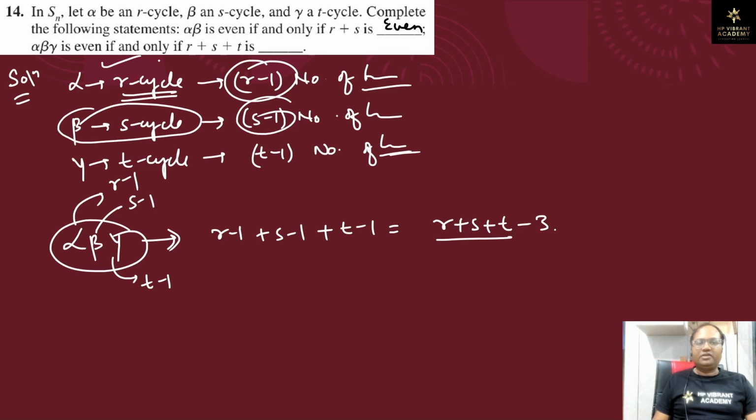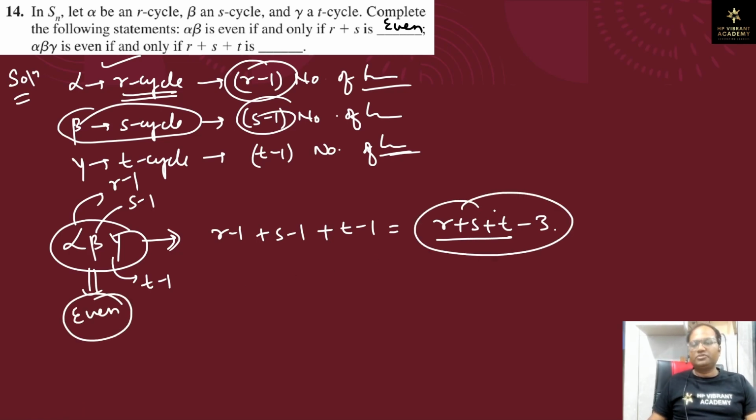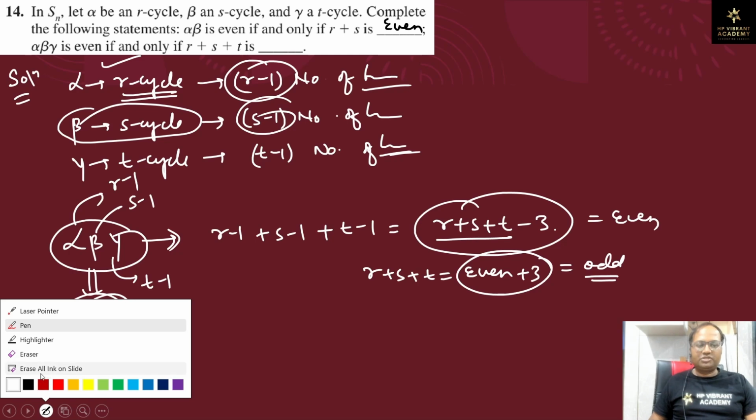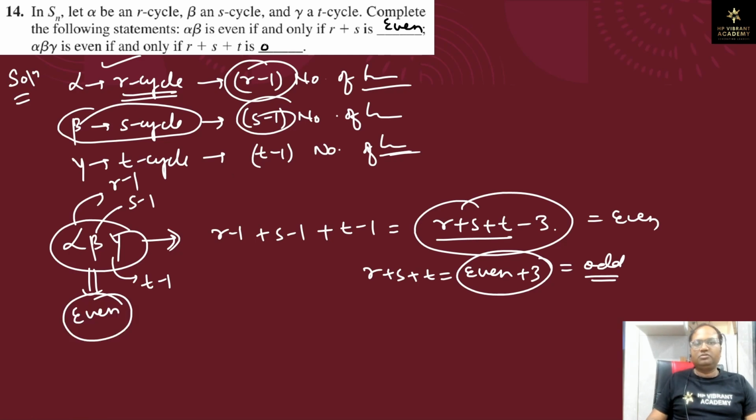बीटा गामा इज इवन इफ एंड ओनली इफ R प्लस S प्लस T इज, तो अगर अल्फा बीटा गामा इवन है, इवन परमुटेशन है, तो इवन परमुटेशन के केस में क्या होता है, नंबर ऑफ ट्रांसपोजिशन क्या होगा, इवन होगा, तो R प्लस S प्लस T क्या होगा, इवन प्लस थ्री, तो इवन प्लस थ्री क्या होगा, ऑड होगा। ओके, तो R प्लस S प्लस T की वैल्यू क्या हो जाएगी, ऑड। अब अदर वे